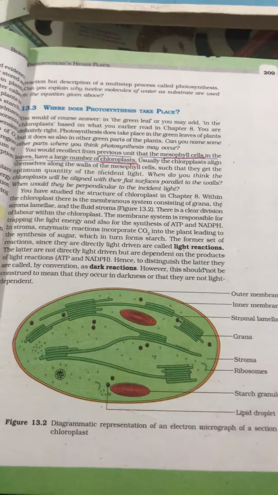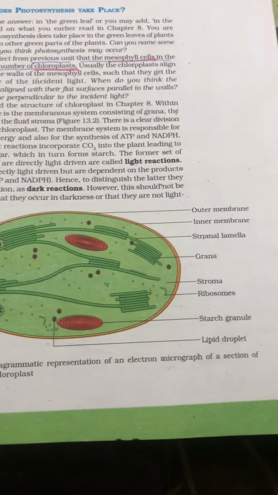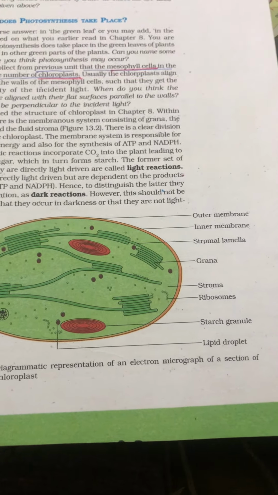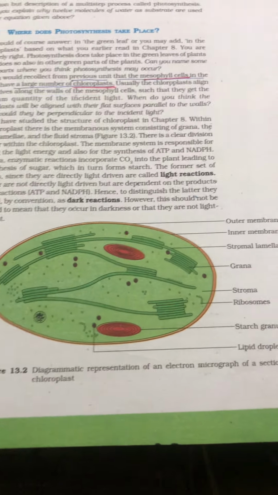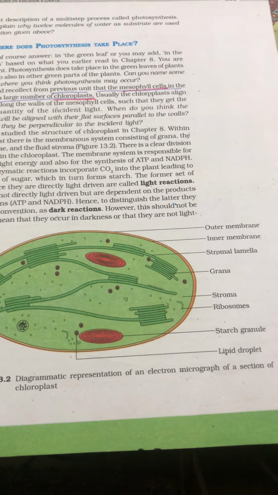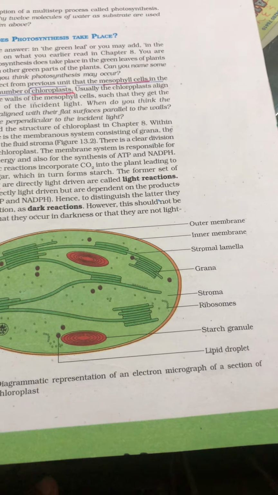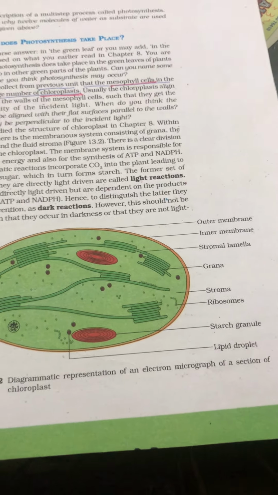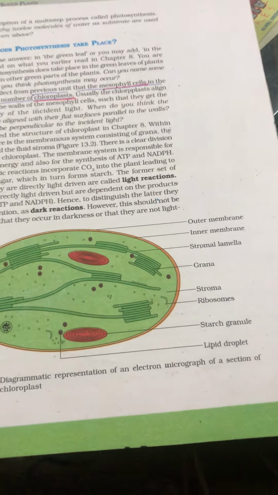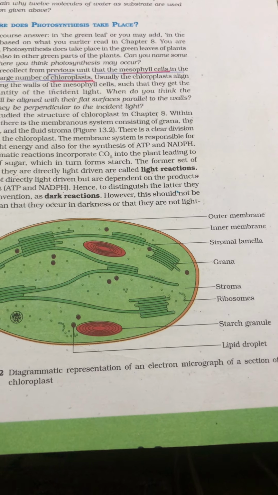It's very easy. Structure of chloroplast you have to remember: outer and inner membrane, stroma, lamella, grana. All this you have to label, write it, and write down where the reaction takes place. The reaction takes place in the green chloroplast, in the mesophyll of a leaf. And in the chloroplast, there is a division of labor.